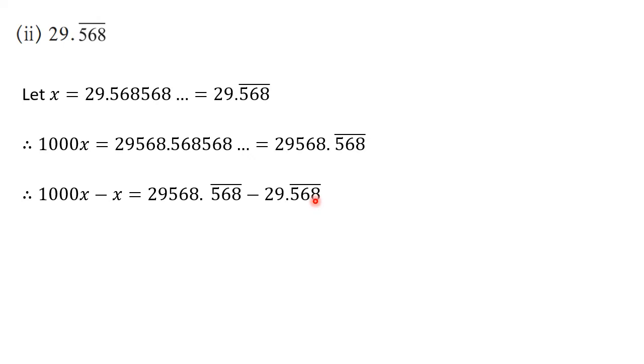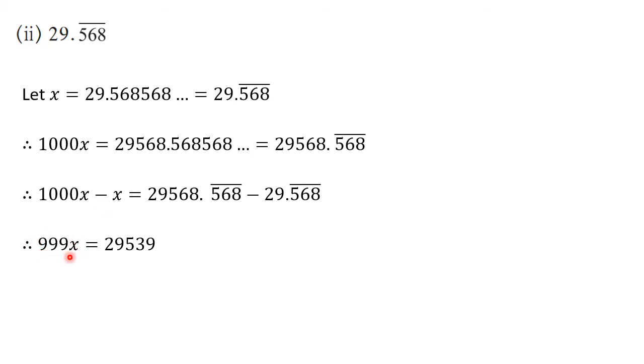29.568 recurring. Okay. So now after the decimal point, since the number is the same, here we are going to get 0, no doubt. So here we have to subtract simply 29 from this 29,568. Or to be more specific, simply subtract 29 from 68. These three digits are going to remain the same. So when we subtract 29 from 68, the answer is 39. So our answer is 29,539. And here 1000x minus 1x, that is